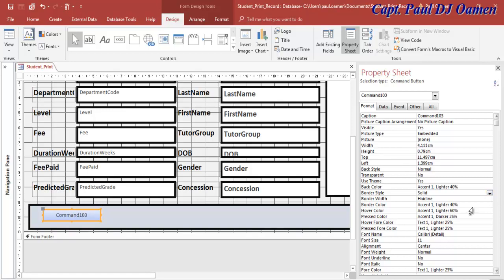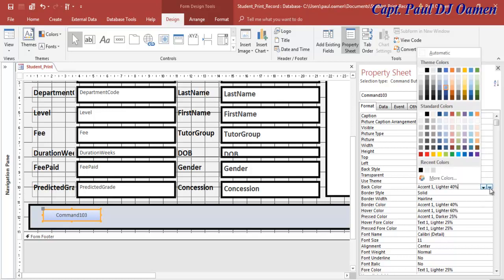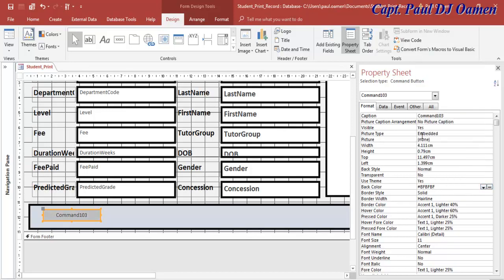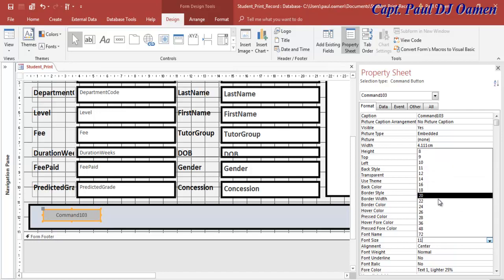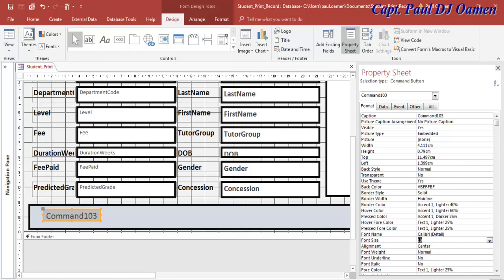Okay, now the back color of that very button, first thing, let's change the back color to something a little bit dark. Right, now font on that very button, let's change that to 16 as well, or maybe 18, make that